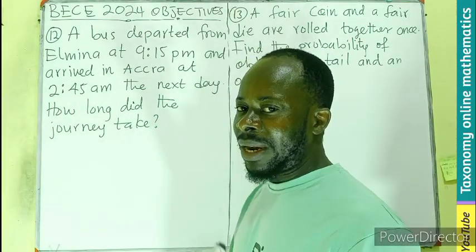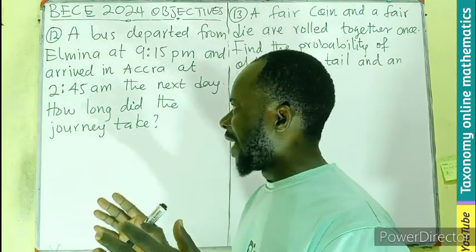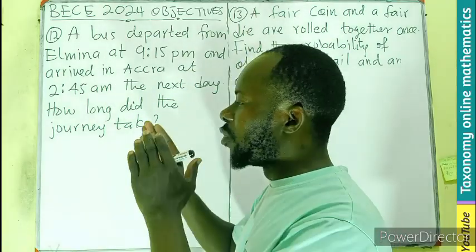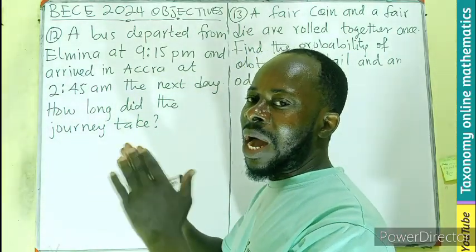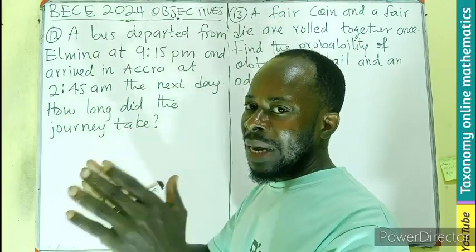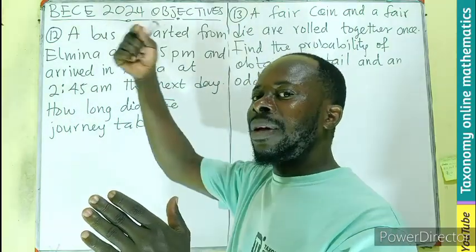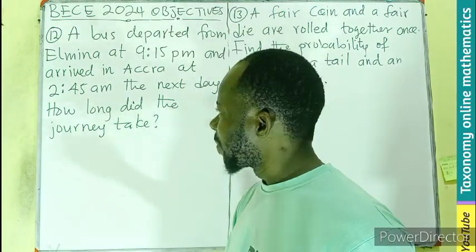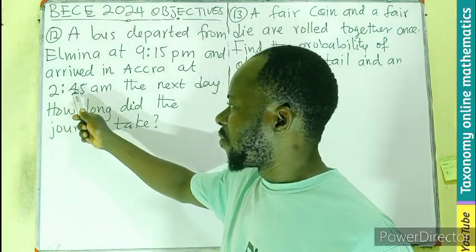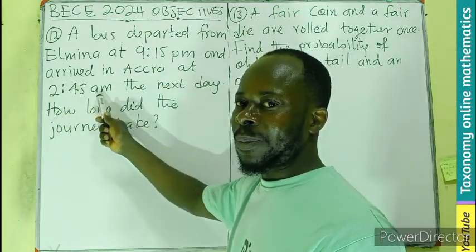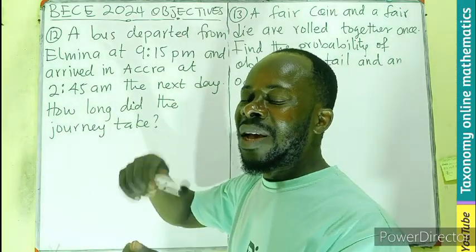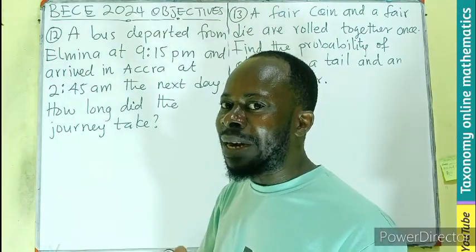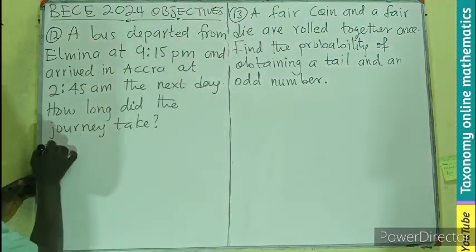So this journey is spanning 2 days. So let's just say Monday to Tuesday. From Monday to Tuesday, we have to know how many hours he spent on that Monday before entering the Tuesday. We know how many hours he spent on Tuesday, right? On Tuesday, he spent 2 hours 45 minutes because that is a morning. So, how many hours spent before? That is the midnight of Tuesday or midnight of Monday. So, we can say that